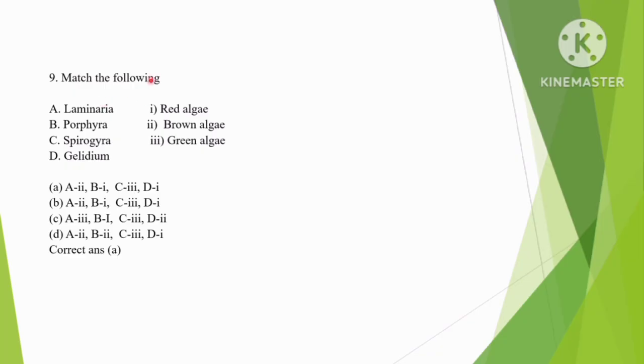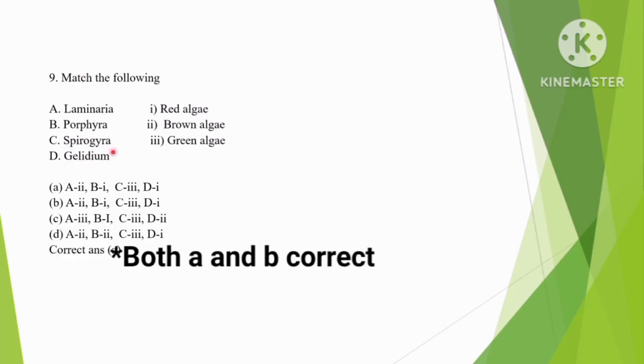This is the match the following type of question. Just go through the options. There are different types of algae which are given with examples and their types. So we have to connect them. So here Laminaria comes under brown algae. So it will be 2. Then